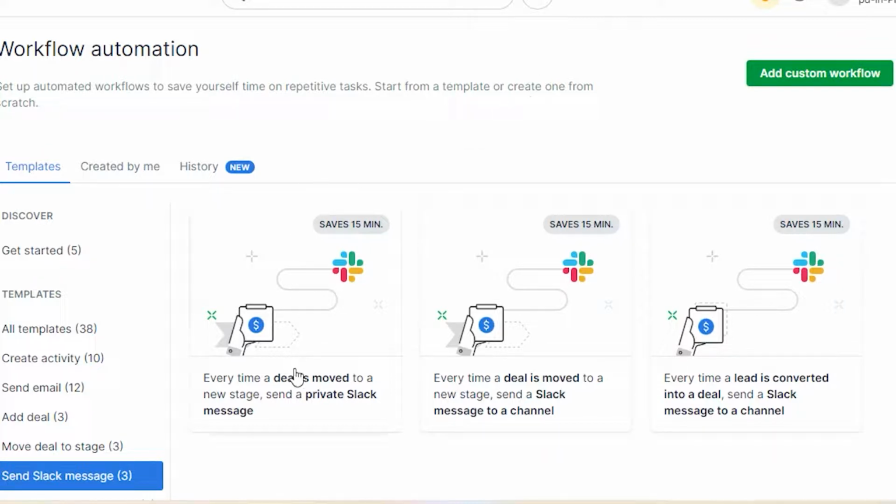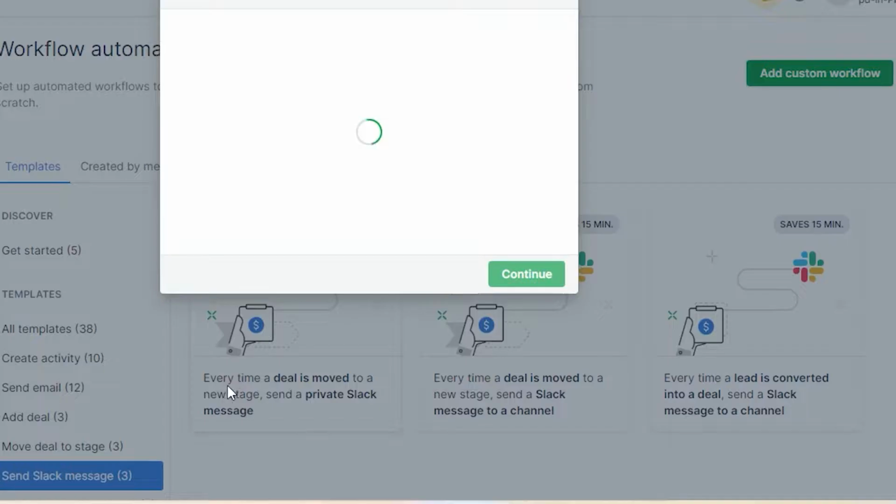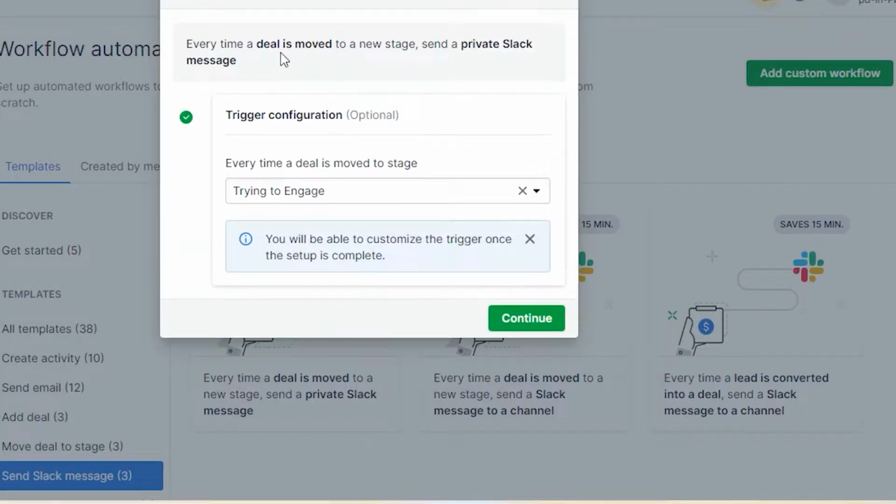Every time a deal is moved to a new stage, send a private Slack message. Secondly, every time a deal is moved to a new stage, send a Slack message to a channel. And lastly, every time a lead is converted into a deal, send a Slack message to the channel. Let's choose the first one, where every time a deal is moved to a new stage, send a private Slack